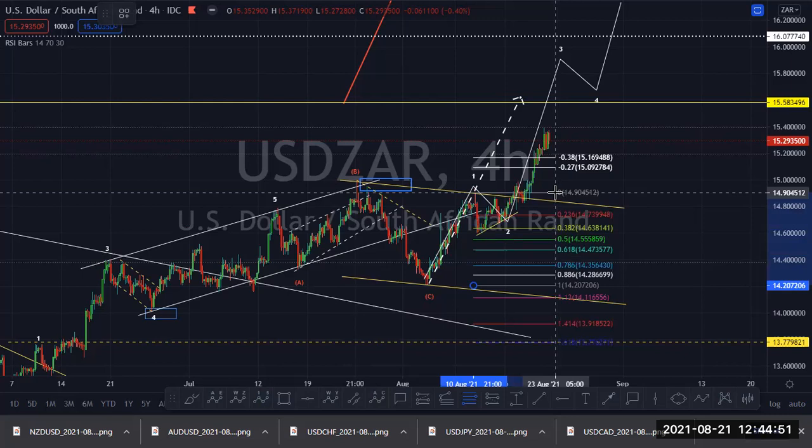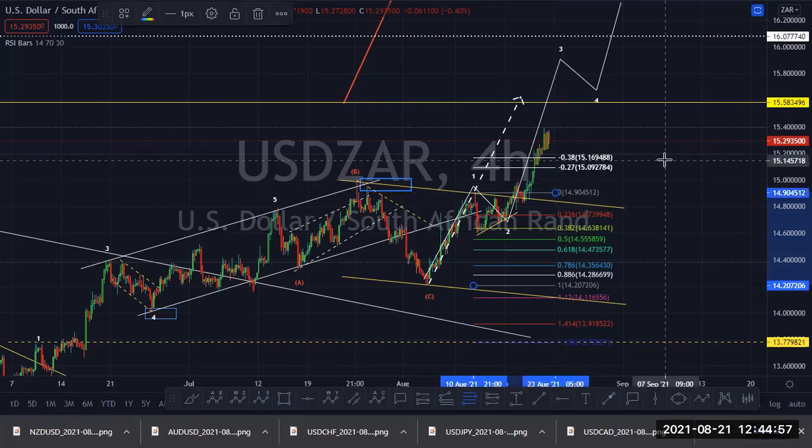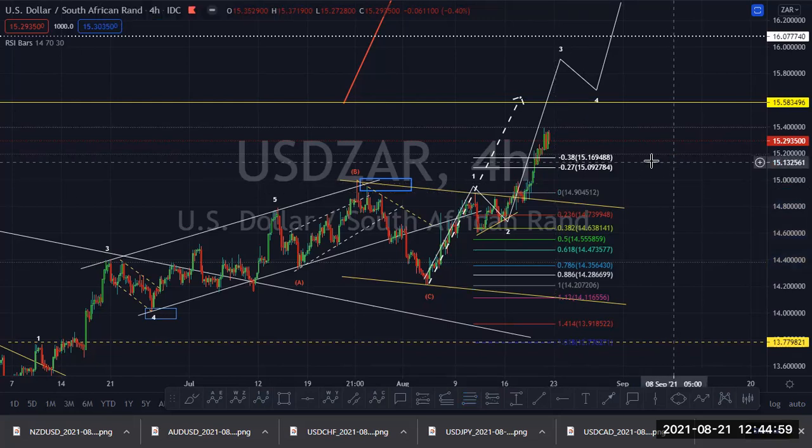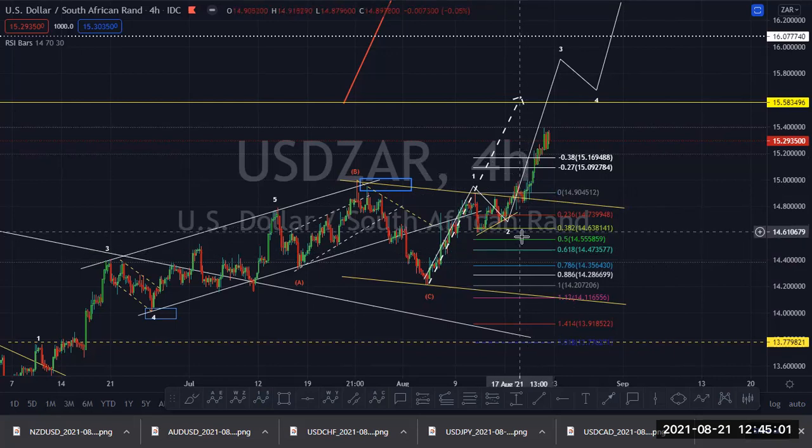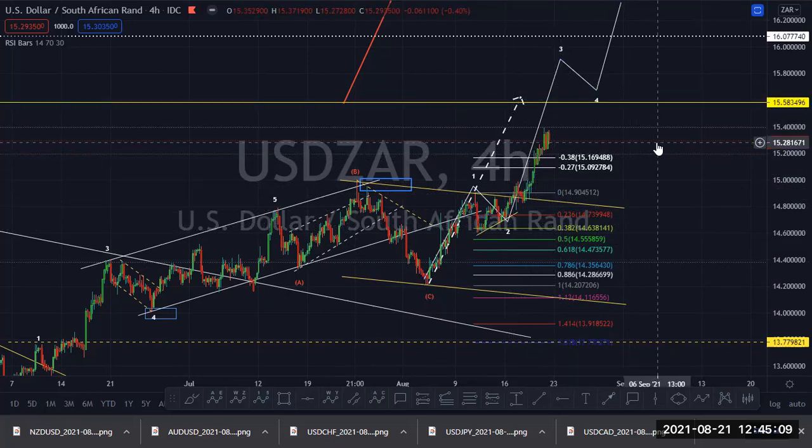Not even shallow, because it touched at 8.2. Of course, it is good enough to be wave 2. But not minding that sometimes wave 2 will drop as low as 8.6, this is a sign of a strong move. So if this is wave 2, expect a stronger move to happen.